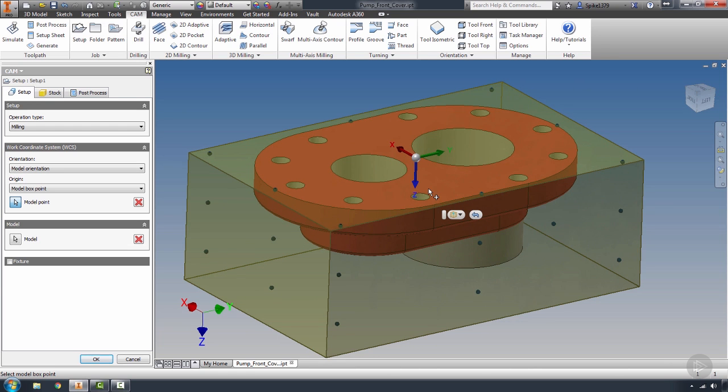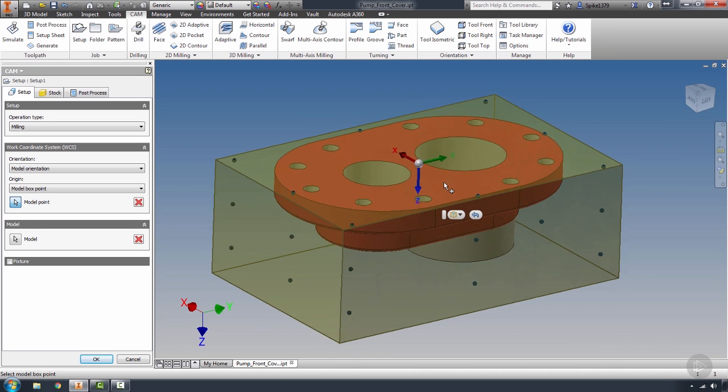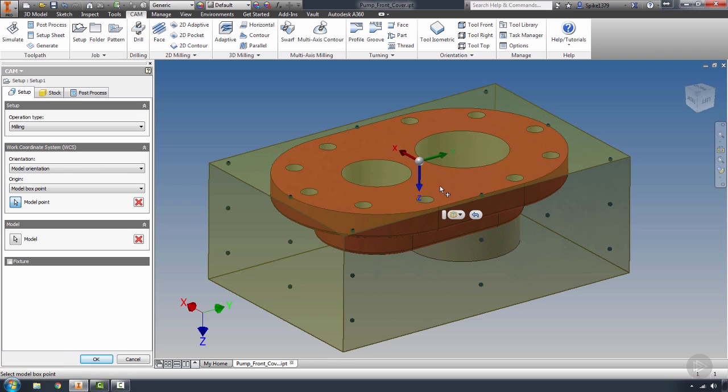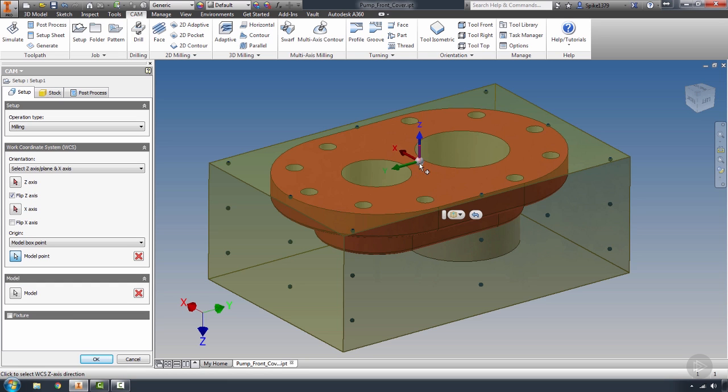And now I'm going to manipulate this coordinate system to properly line up to my machine setup. And how we do this is actually very simple. This is one of the easiest WCSs I've ever seen in the industry. And what I'm going to do first and foremost is my Z is upside down. I know I'm going to be machining this side of the part, so I'm going to left click on the head of the arrow. That flips that side of the WCS. And if you select the stem,